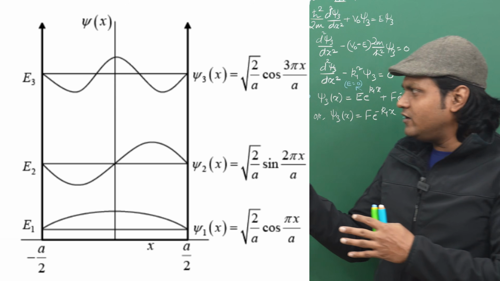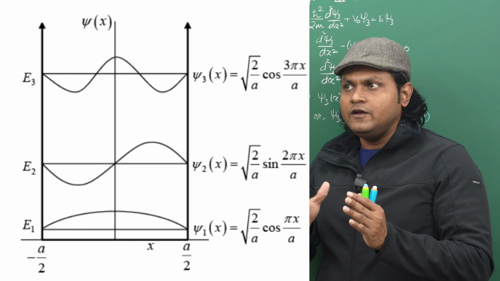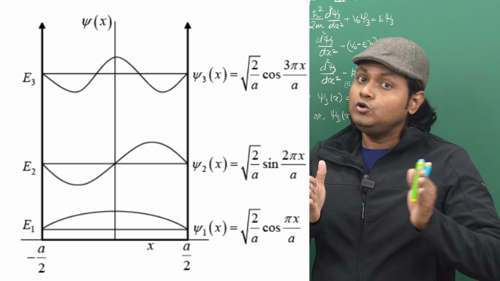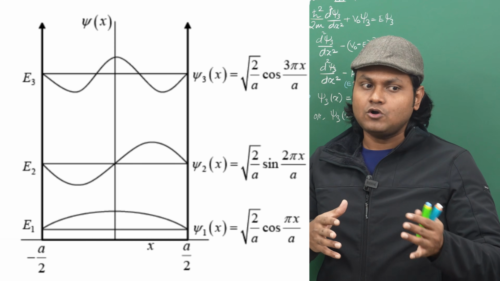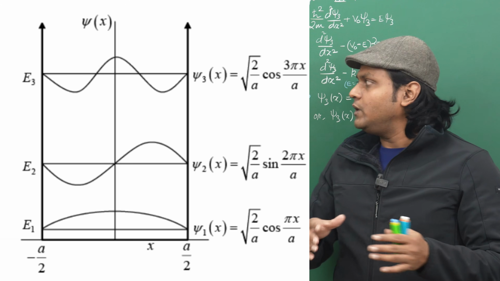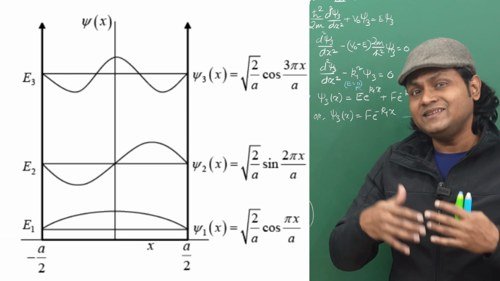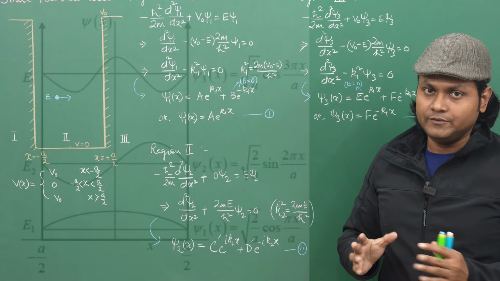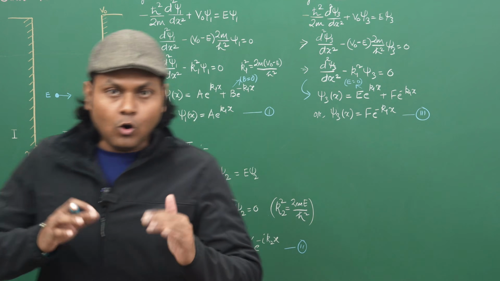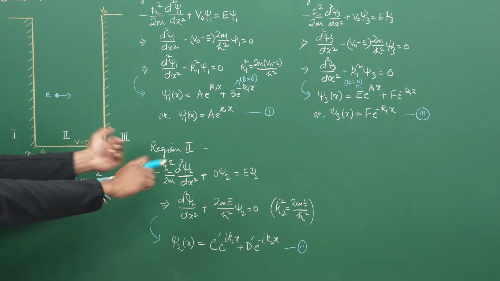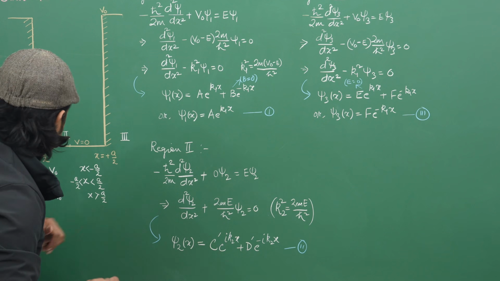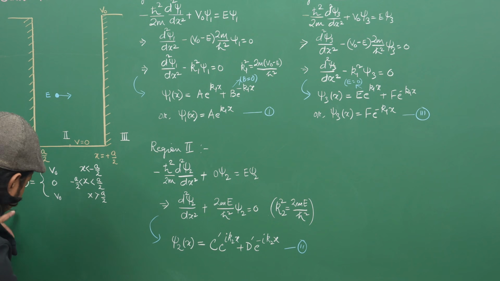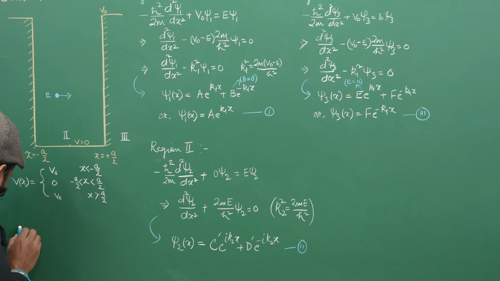Usually we solve the standard problem of an infinite potential well from x equal to 0 to L. In that kind of situation, all the solutions are sinusoidal. But when we take a symmetric example, then we get sinusoidal and cosine solutions in an alternating manner. So therefore, we get alternating even and odd eigenfunction solutions, which if I write here in a proper way,